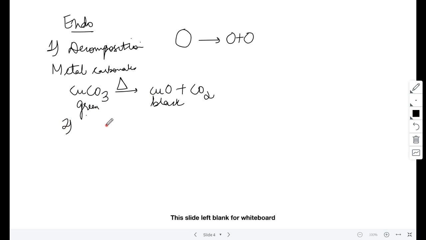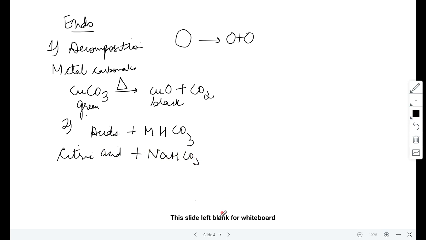The second one we'll do is the reaction of the acids with the metal hydrogen carbonate. Now you have an equation where, I'll give an example, we have citric acid. Citric acid is what? The acid. And when it reacts with, you can say, the sodium hydrogen carbonate, and if you see now, these reactions, if you put it in the